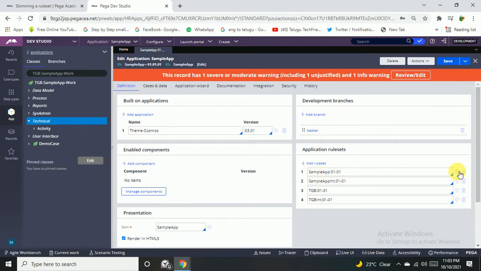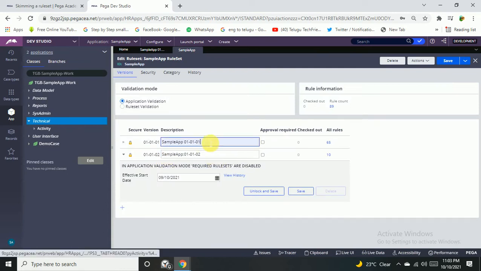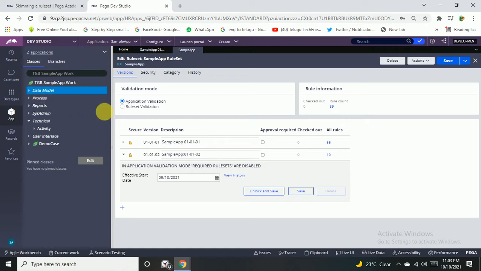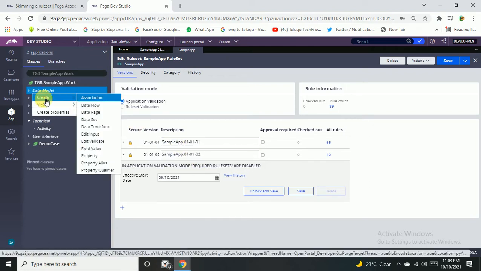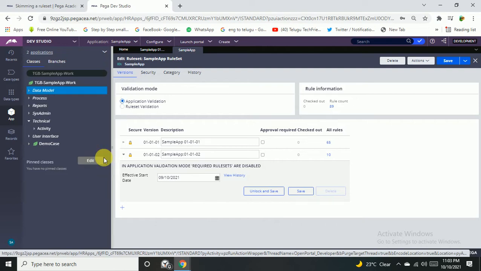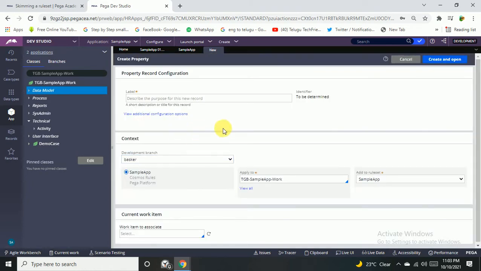Within this, you can see the rule set versions, and these two versions are locked, so you are unable to save any rule within this. For example, if I try to save any rule within sample app version 111 or 112, it will throw an error: you can't save the rules within this rule set because it's locked.